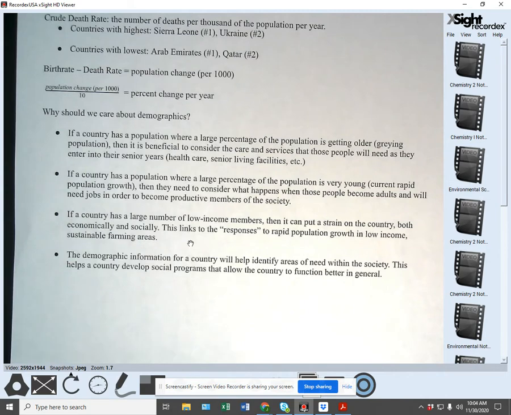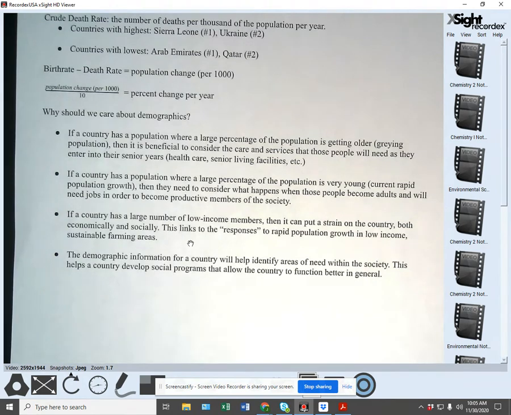A few years back, they were having a big problem where they weren't getting the turnover, and a lot of young people were coming out of high school and college, and there weren't jobs. I don't know if it's because of economic downturn or population growth or both, but there just weren't jobs available for them. Okay, that puts a big strain on your economy